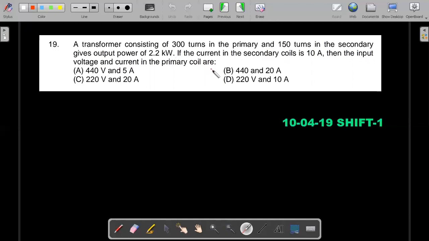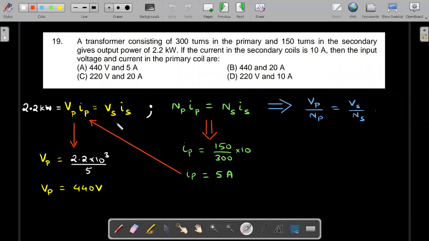In case you know that, try it out. Otherwise, let's go for the solution. Two important things in an ideal transformer. In JEE Mains we are going to be asked only about ideal transformers. First things first, the power is conserved. There is power on primary, which is VP into IP, which should be equal to the power on secondary. Whether it is output power or input power, for an ideal transformer it should be the same value. Whatever he gave here, I've substituted here. So one is power conservation.